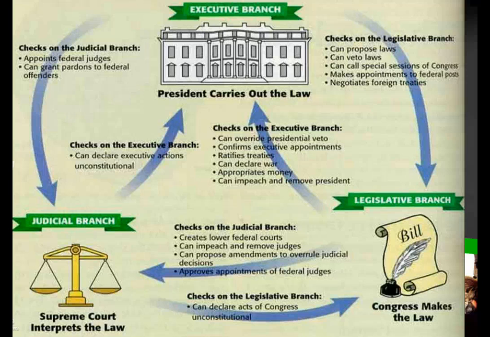If the law goes into effect and someone contests that they don't think the law is fair, or they feel that the law goes against the Constitution, they can take their case to the judicial branch. And if it works its way all the way to the Supreme Court, the Supreme Court can tell the executive branch and the legislative branch, this law goes against the Constitution, therefore you've got to rewrite it, redo it, and we're getting rid of it. So all three of these branches work together. So you may want to pause this screen just to take a look and see how.